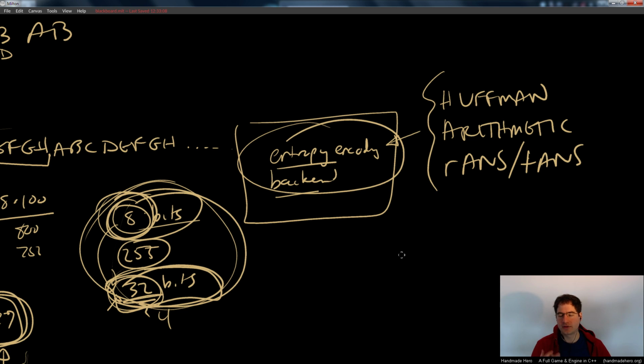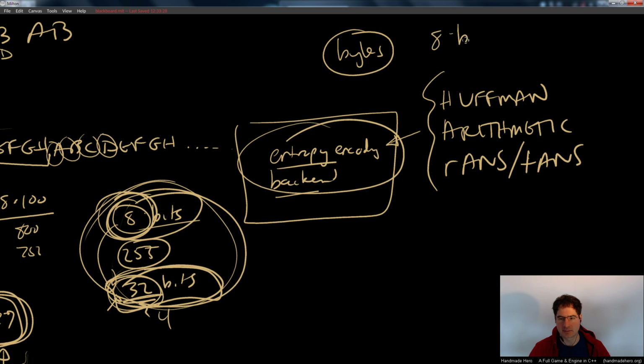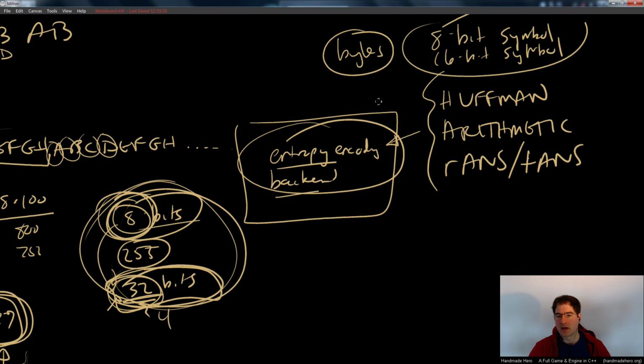And what these are, are techniques that allow you to take a look at the actual information you're encoding per symbol. Remember, these symbols here, we've kind of broken it up. Maybe that's bytes per symbol, or maybe it's an 8-bit symbol, or 16 bits per symbol. Right? Taking a look at those and saying, okay, after I do my LZ compression,